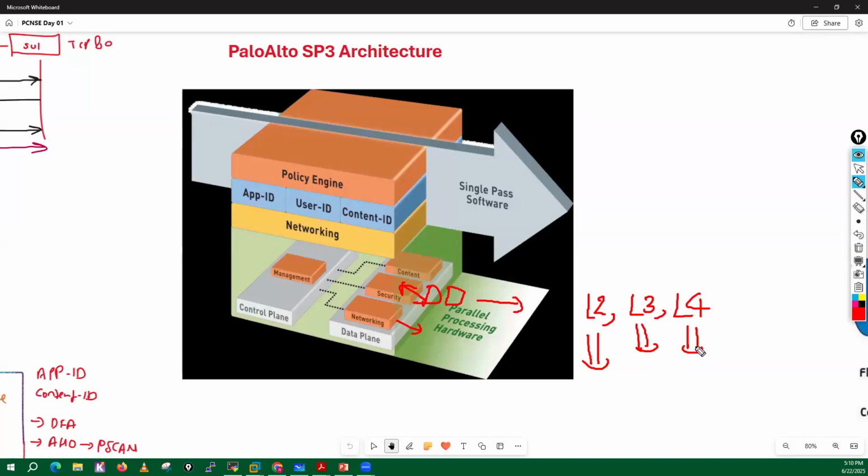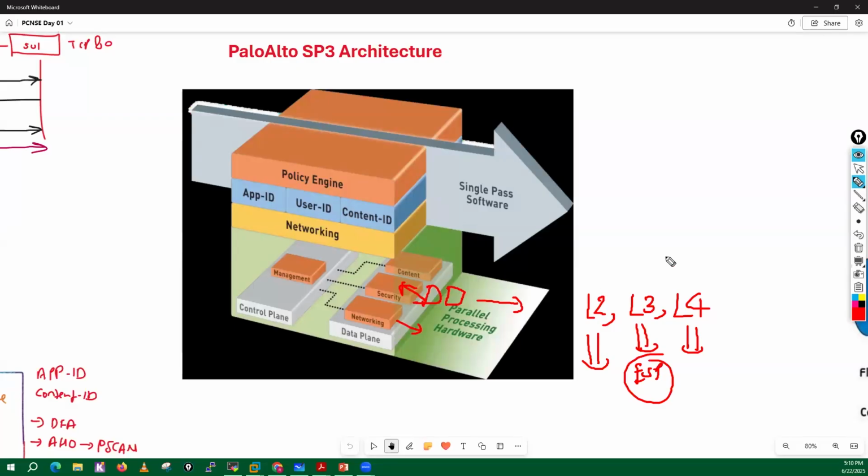And layer 4, which is your TCP, UDP, ICMP, all those types of packets, they can read. Your ESP comes here as well, ESP, AH, all those types of headers. My security processor and networking processors can read, and they can do the processing.